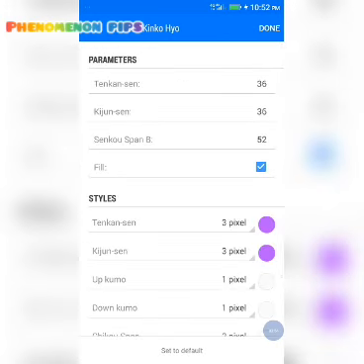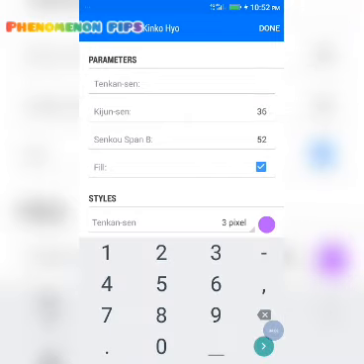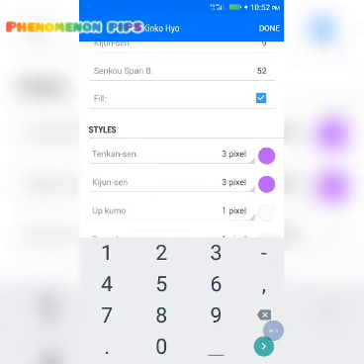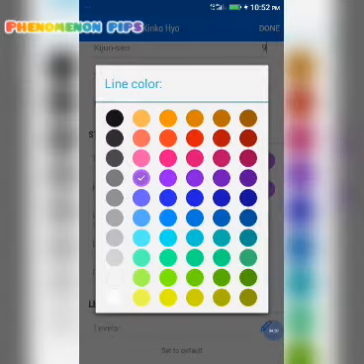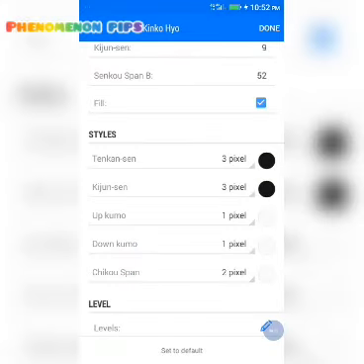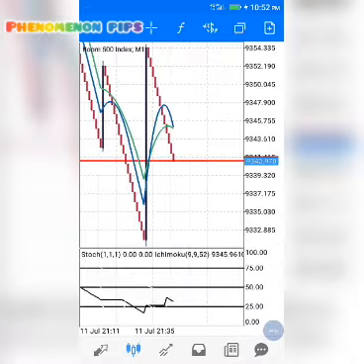The first Ichimoku that we're going to add is Ichimoku 9, 9, 52. Just change the color to black, 3 pixel. The first two colors are black, and all the remaining ones are 1, 1, because we don't want them to show. Then click done.